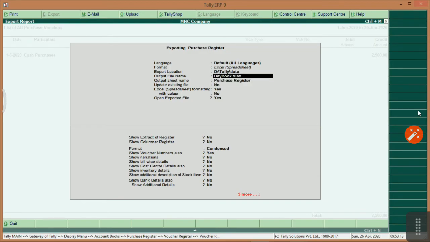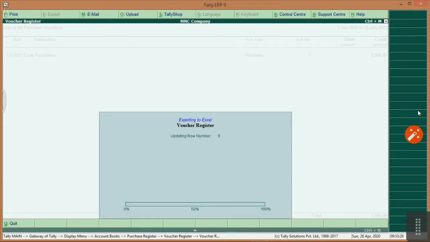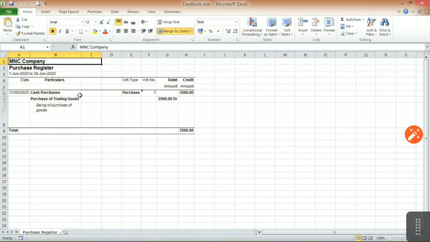You are allowed to change the file name. Export, yes, and the details will be available. Your purchase register will be reflected on your screen.